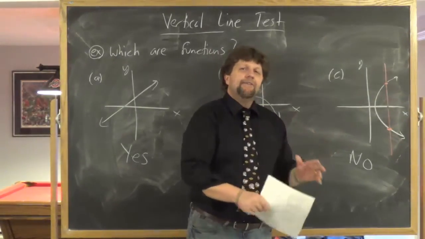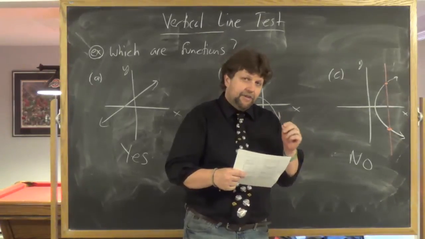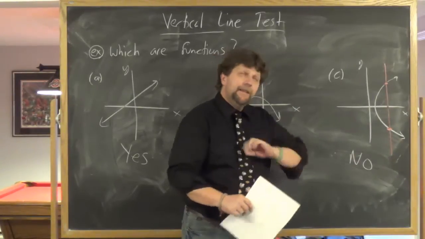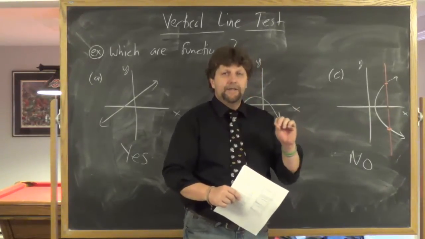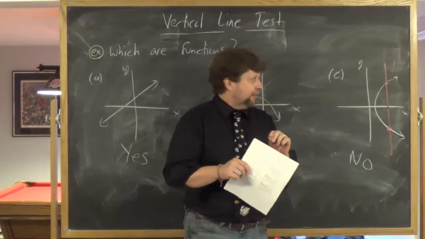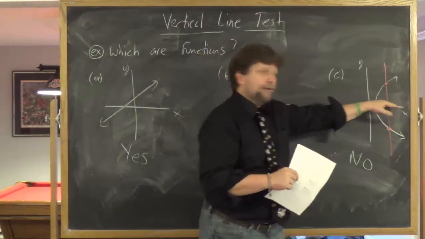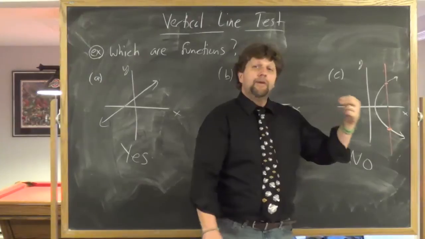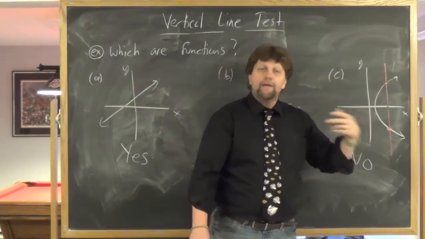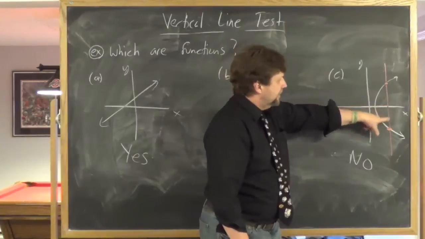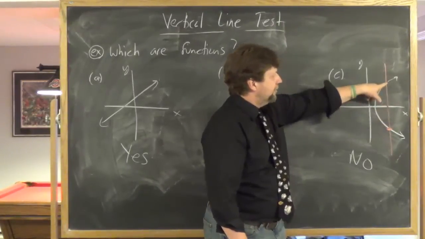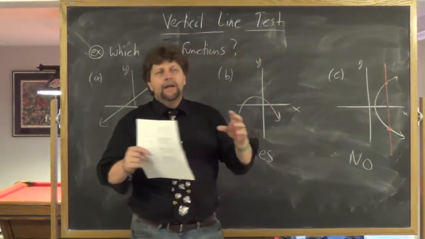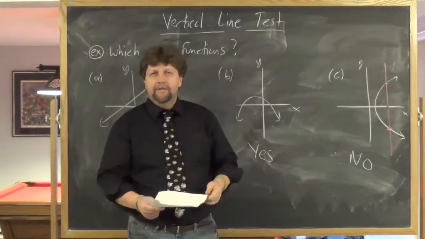And think back to the definition of a function. The definition of a function said that a function is a rule that assigns to each element in the domain one element in the range. So that means for each x, remember the horizontal axis, x matches up with domain. For each element there, there's only going to be one y. Y, remember y is the range. Here's a value of x that has 2 different y values. So the vertical line test is just a visual way of the definition of a function